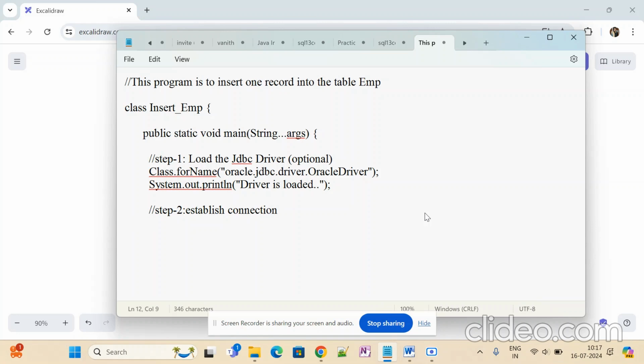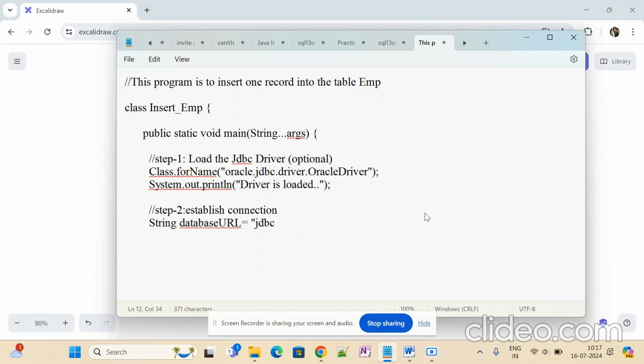Here we have to write a String database URL. What is the URL we have to give? String databaseURL is equal to